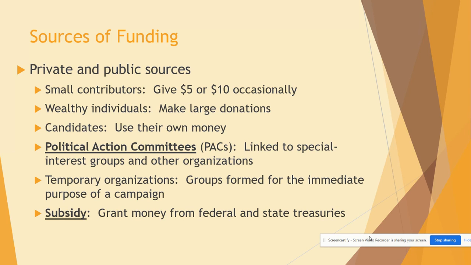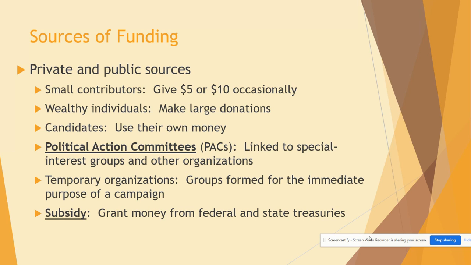And so when interest groups have an issue that they want to promote, what they do is they collect money from their members and put it into a pool. Okay, so that's called a political action committee. And then they go out and seek the candidates running for office who also support the same issues that they do. So for example, if I am a member of an interest group,